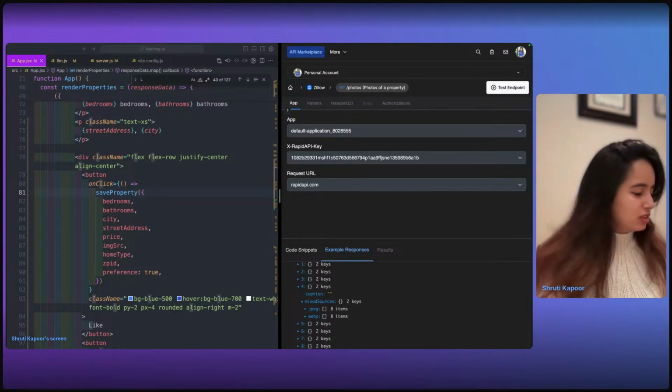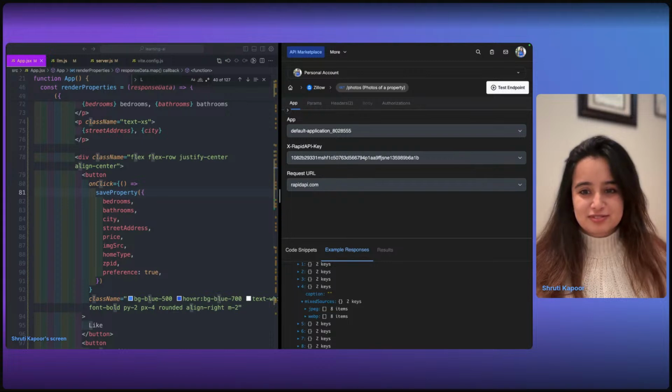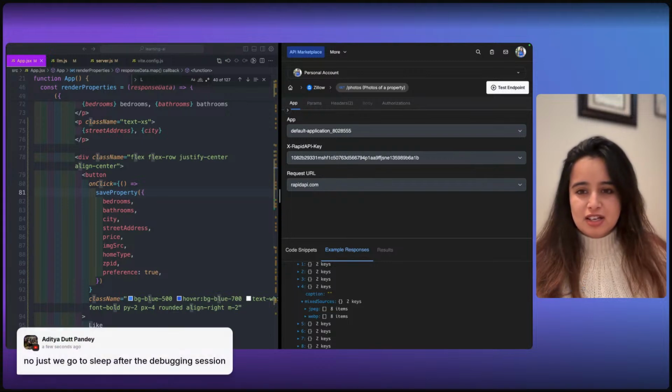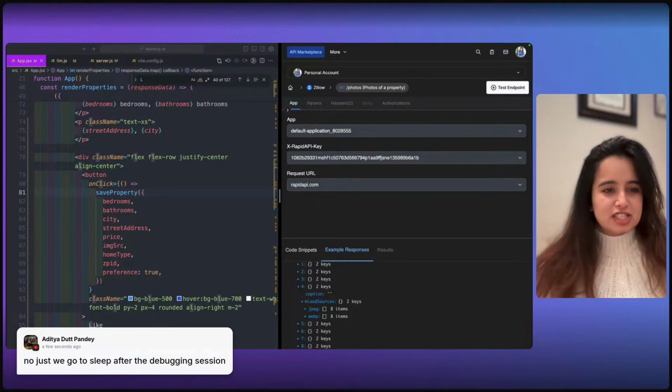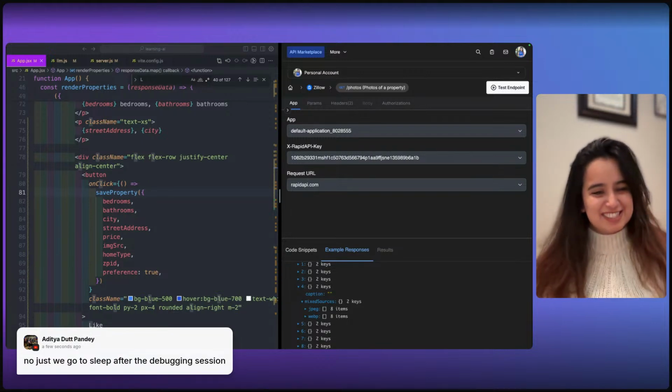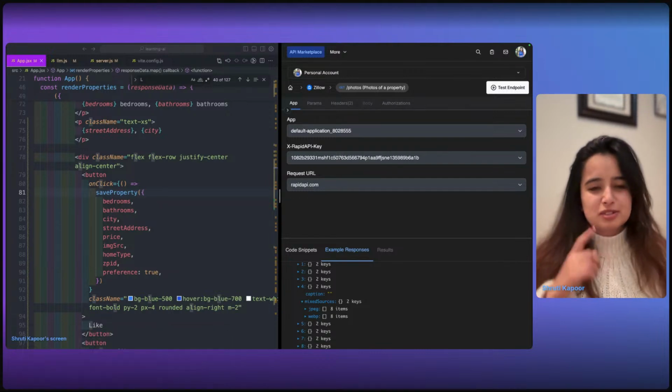This is being live streamed on YouTube, Twitter, and Twitch at the same time. No, just go to sleep after the debugging session. Oh, nice. What debugging session? Are you talking about this or something else?